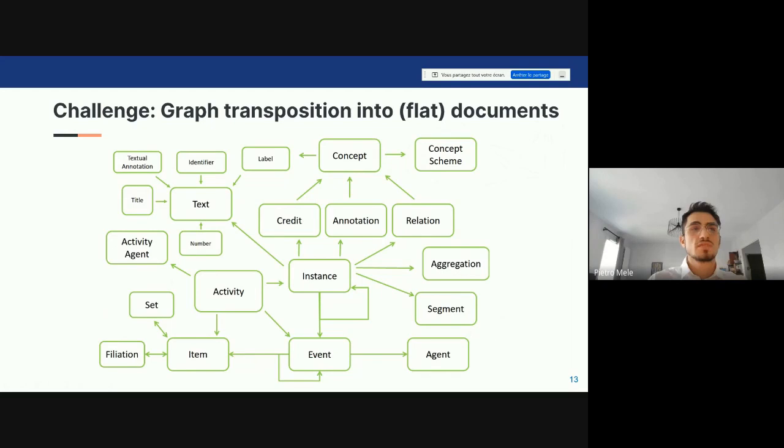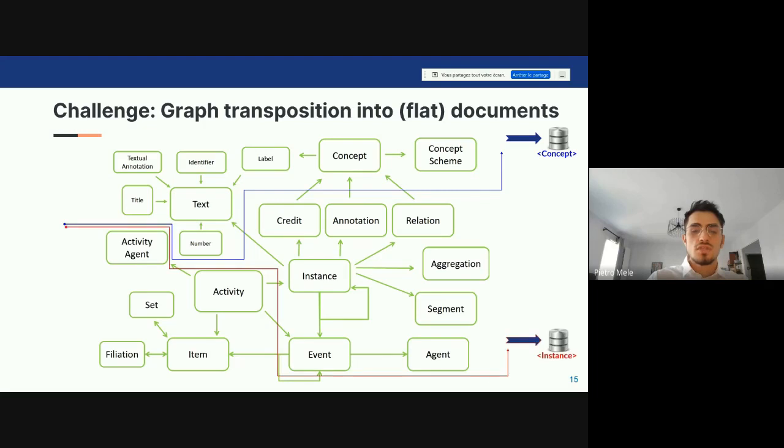This was our challenge, and the first solution we came to was to use the principle of divide et impera. So we decided to cut the schema, to split it in different parts. Each of them had a different view on a different area of the graph. We had a part for the concept, and a part for the instances.